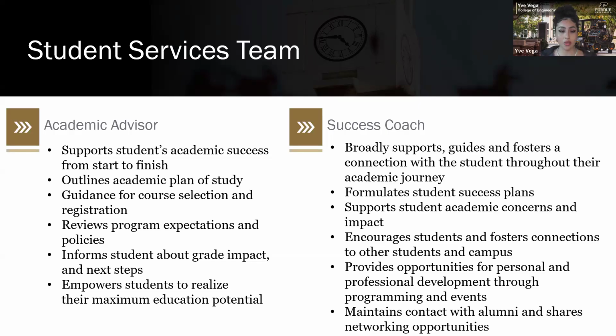to balance challenging courses with those that might be traditionally a little bit easier to take. They will guide you with the order in which you should be taking these courses. They will help you review program expectations. If your grades are ever impacted, they will let you know how that will impact your GPA and what next steps to take. Now, your success coach has a very similar function in that they are here to also enhance